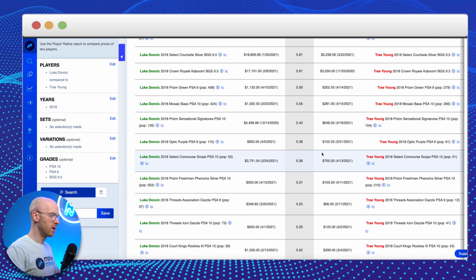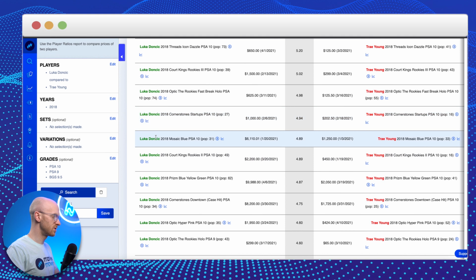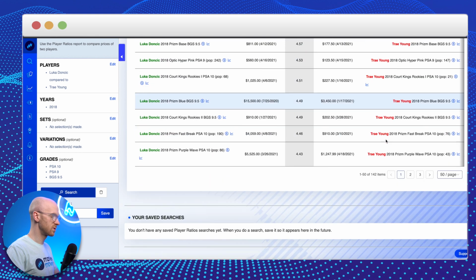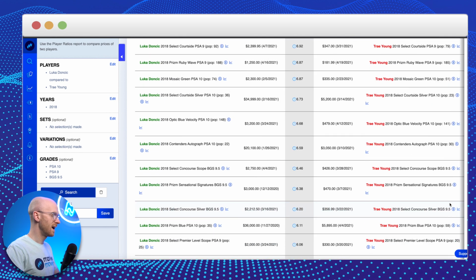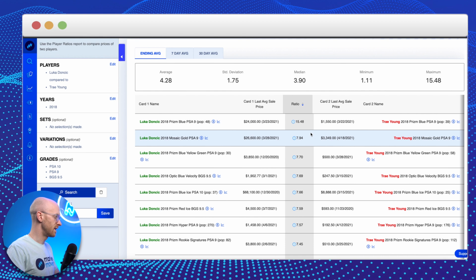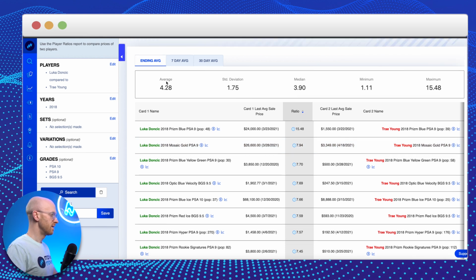So as you scroll down, all the like cards between Luka Doncic and Trae Young, where the set and the variation and the grade are exactly the same. So the only variable here is Luka versus Trae. And if you scroll down, you're going to see there's about 150 different results that you can look at on the ending average data. And one thing that you'll notice right away is that this is going to give you